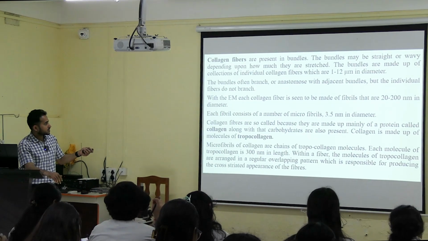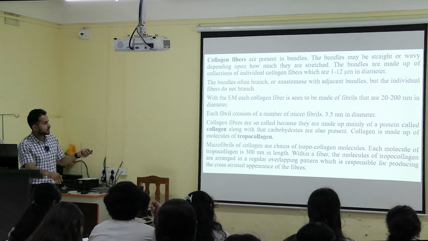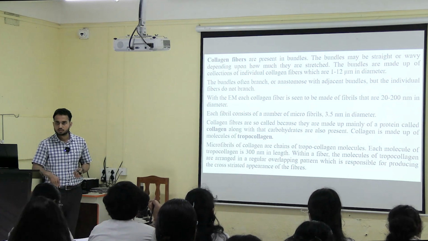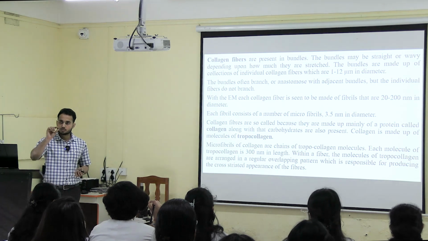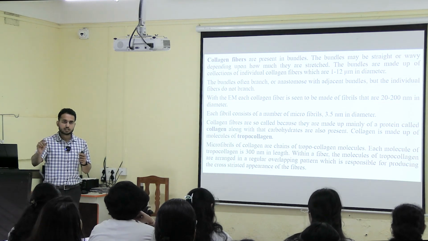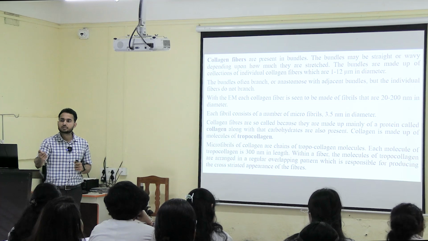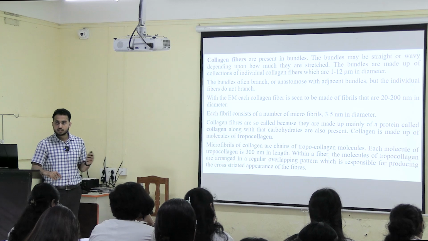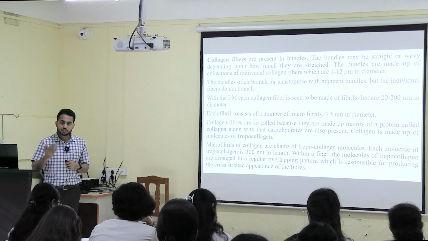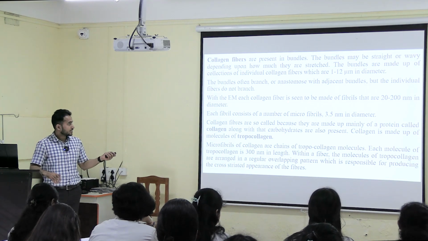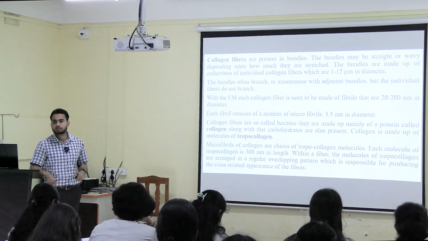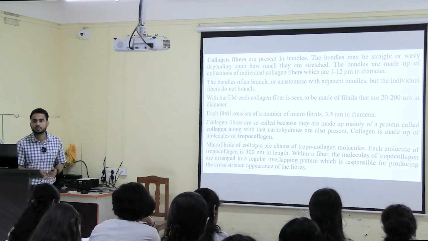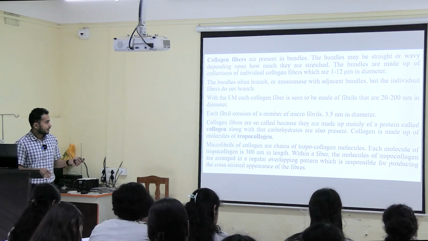Next, each fibril again consists of microfibrils having 3 to 5 nanometer in diameter. So see, we are going deeper. First you take out one particular fiber, then if you see that fiber under the electron microscope, you will see that it is made up of fibrils. Now if you magnify it more, you will see that this particular fibril is again made up of microfibrils, approximately 3.5 nanometer in diameter. Next,